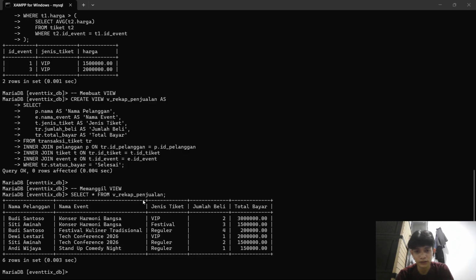For number six, we extract the name, registration date, and balance for customers who are registered between 2024 and 2025. Then we sort the output based on balance from the highest to the lowest using the order by clause.